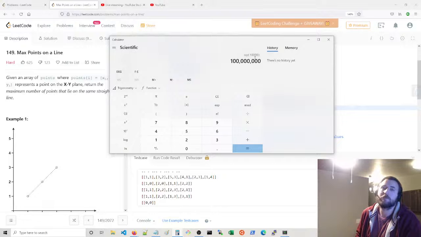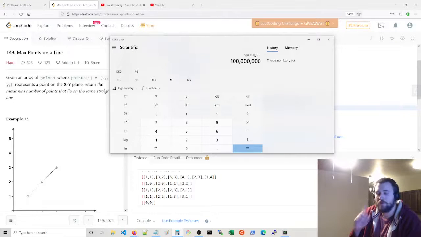You can hash your two-dimensional Cartesian plane that you're working with to a single array. So you can hash all of your x and y coordinates to a single number. And then if you can hash everything to a single number, then you can actually use... Now, would you want to use a vector of 100 million? No, that would be too much. Then you can use an unordered set, an unordered map for the